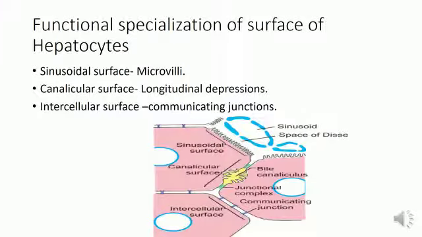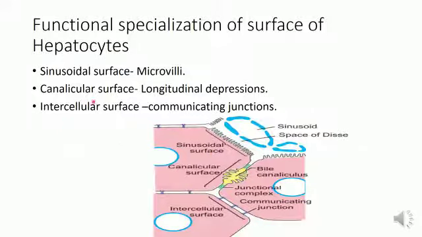The surface of the hepatocyte can show three kinds of specialization. Coming to the sinusoidal surface, the cell surface adjoining the sinusoids bears microvilli that project into the space of Disse. The cell surface also shows coated pits that are concerned with exocytosis. This feature helps in the active transfer of materials from the sinusoids to the hepatocytes and vice versa. About 70% of the surface of hepatocytes is of this type.